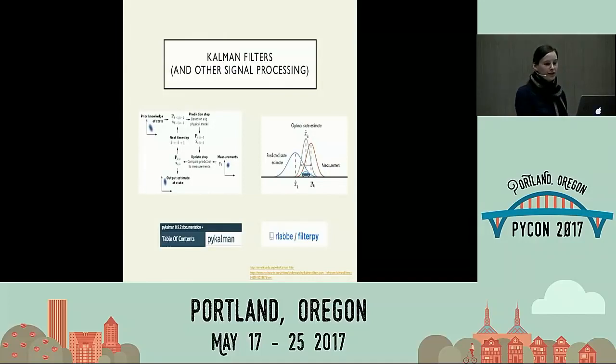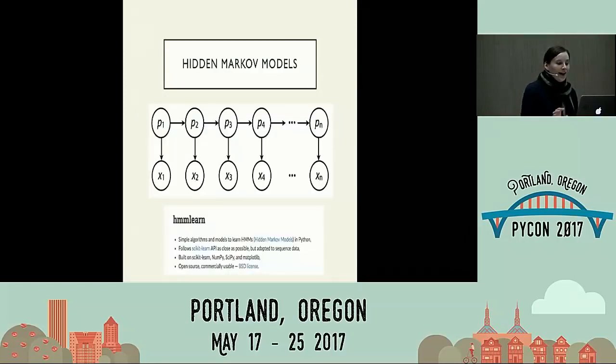So that's common filtering, another area that you can learn more about, and that is handled in many Python libraries. Hidden Markov models. These are very common, especially in the sciences. With a hidden Markov model, what you say is, I have a time series, it has some kind of observable, but it's not the thing I'm actually trying to measure, right? The thing I'm actually trying to measure is hidden.